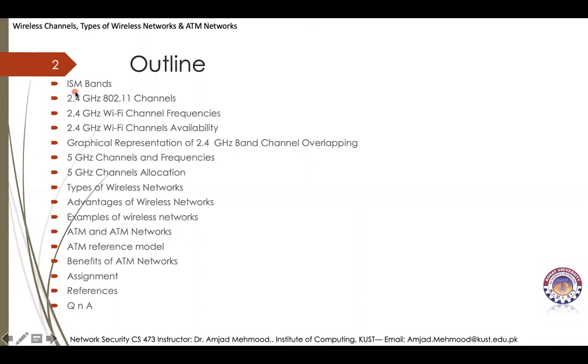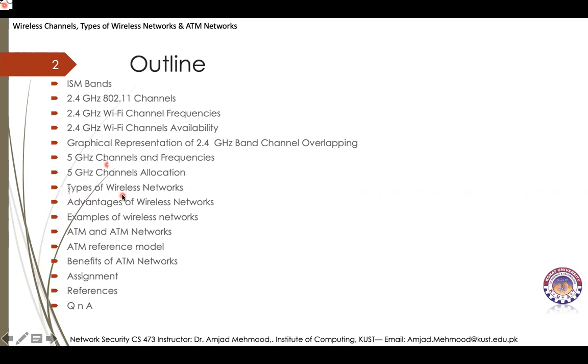First we will discuss ISM bands, 2.4 gigahertz 802.11 channels, 2.4 gigahertz Wi-Fi channel frequencies, 2.4 gigahertz Wi-Fi channels availability, graphical representation of 2.4 gigahertz channel overlapping. Then we will be discussing 5 gigahertz channels and frequencies, 5 gigahertz channels allocation, and then we will be discussing